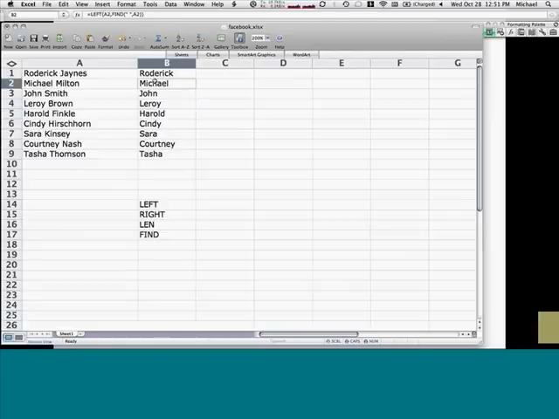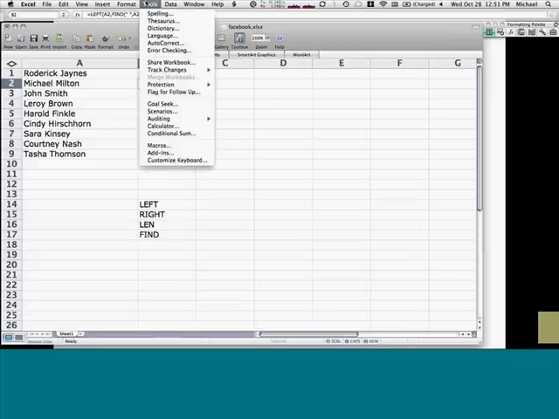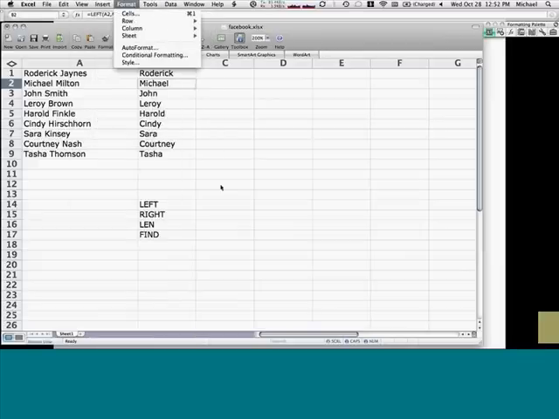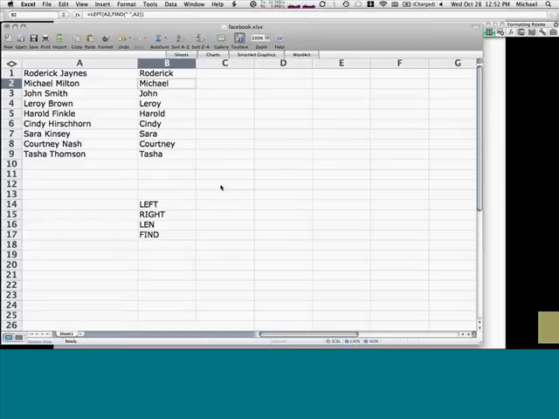Sure. There's a feature inside of Excel that will allow you to pick, it's not a function, it's actually something in one of the menus. I'm honestly not sure where it is in the Mac version of Excel. But it will let you pick a delimiting character, like a space, and it will automatically take the data inside that cell and break it into columns wherever there's a space. So yes, you could absolutely do it that way.